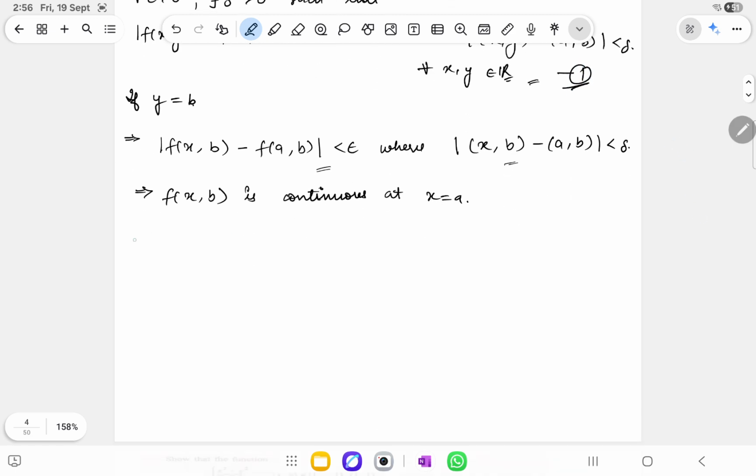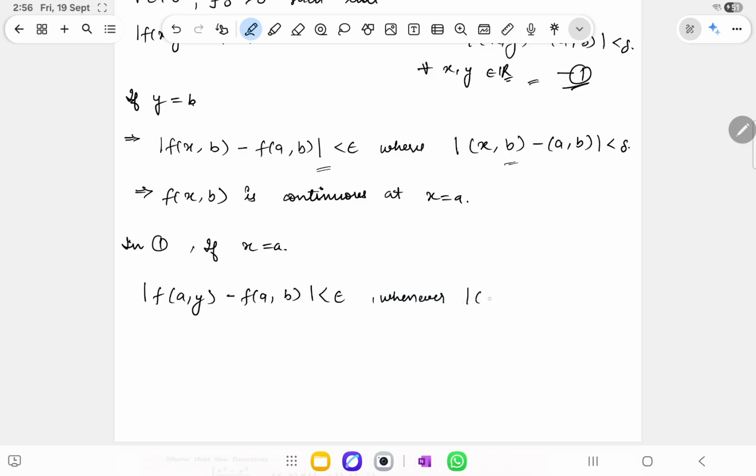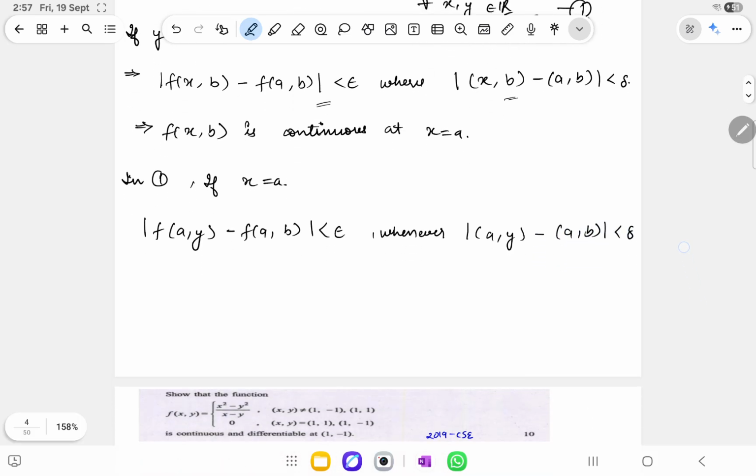So from here in 1, if I choose my x equals a, I'll get modulus of f(a, y) minus f(a, b) is less than epsilon whenever modulus of (a, y) minus (a, b) is less than delta. So this basically shows that f(a, y) is continuous at y equals b. So from here we can conclude that if a multivariable function is continuous at a point,